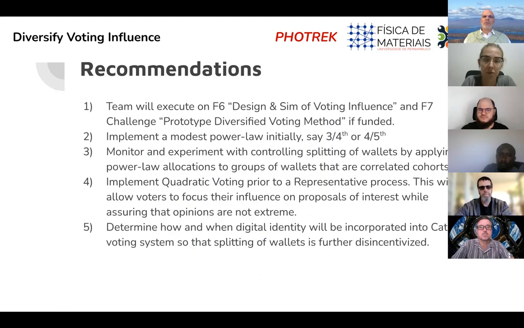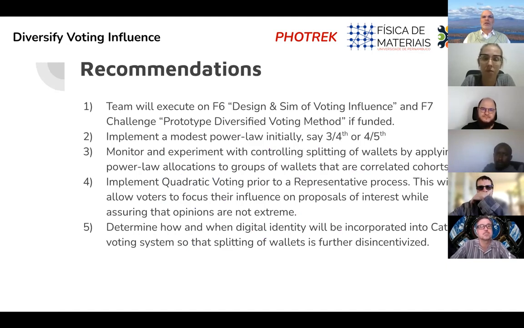So what we're hopeful for is that this is a path towards really implementing the aspiration of having a truly decentralized decision-making process for the Cardano Catalyst community. And I think the values are there. I think the community is really committed and working towards this, but we also have some hard work ahead in terms of how we design the voting system to actually implement